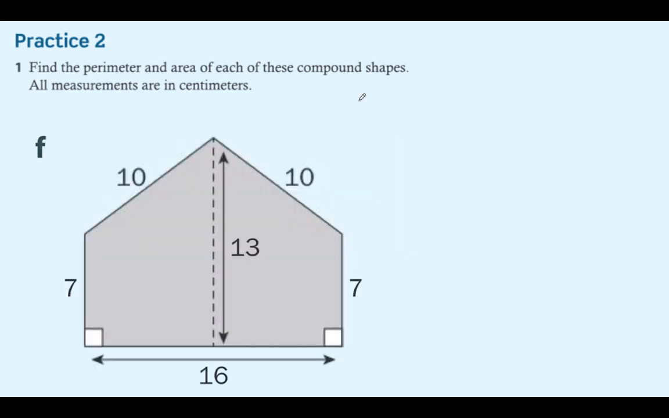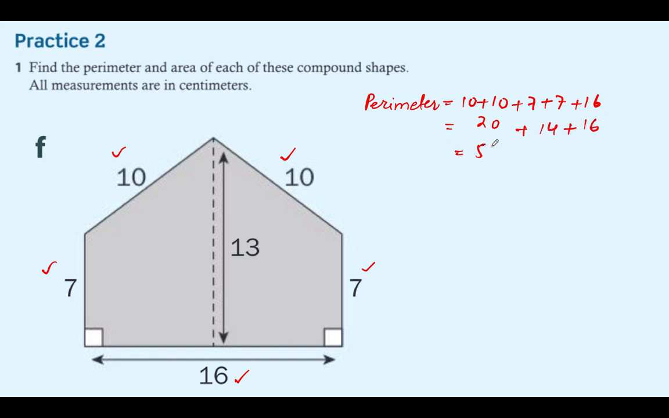In part F, the perimeter is very easy because we know the measurement of all boundaries. We will just add them. So perimeter is equal to 10 plus 10 plus 7 plus 7 plus 16, because we only take boundaries, not the inside lengths. So 10 plus 10 is 20, plus 14, plus 16, so it's 50